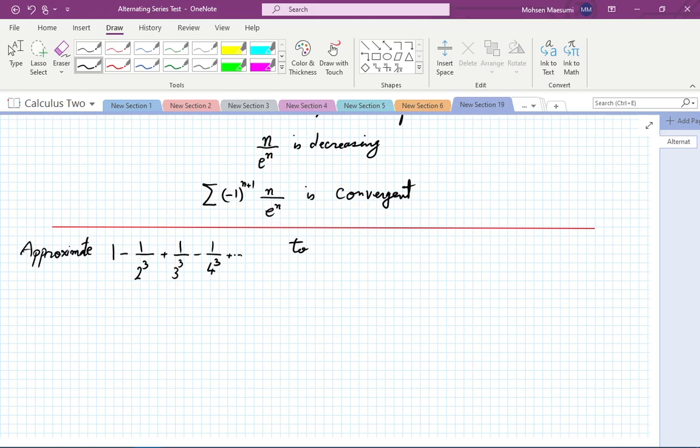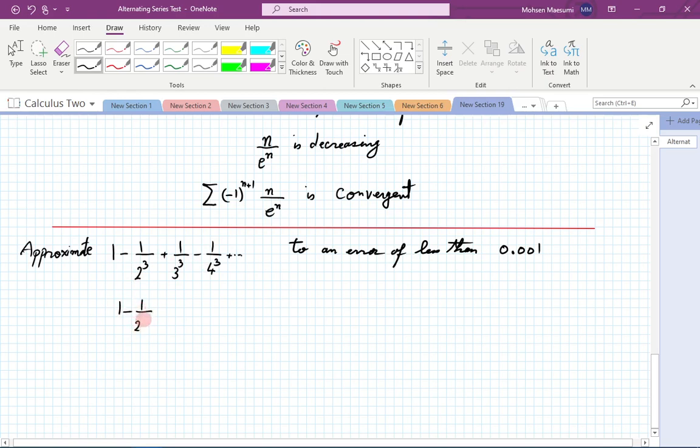So you say to an error of less than, let's specify some number like 1 in 1,000. We want to have an error of 1 in 1,000. That is our aim. Okay, so here suppose we start 1 minus 1 over 2 cubed plus 1 over 3 cubed, and